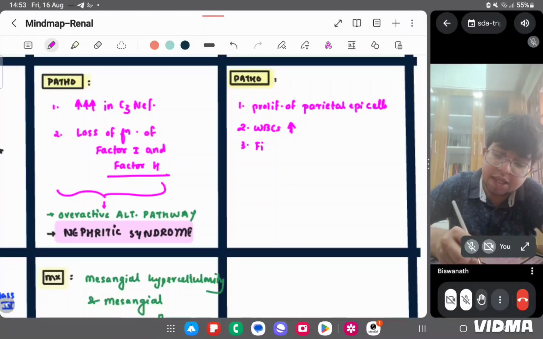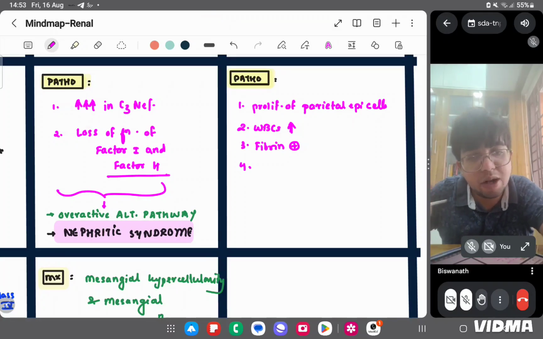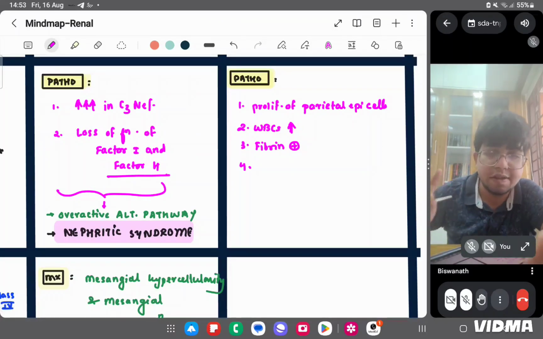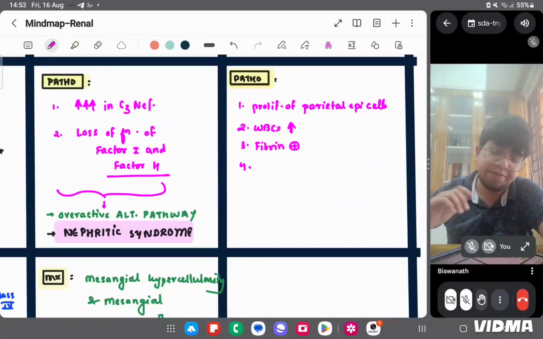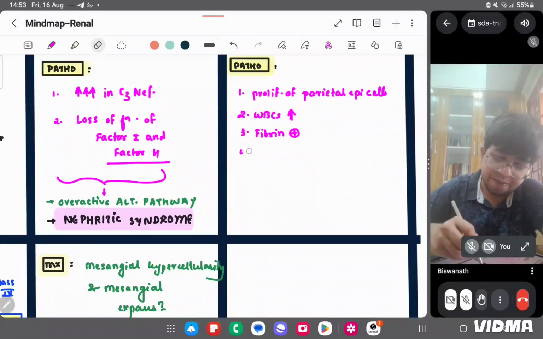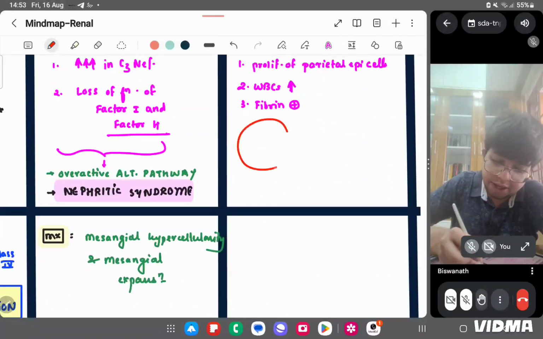Fibrin will be present since a clot is there. Fibrin is present, and visceral epithelial cells will also be seen. Okay, that is about what is occurring. So what happens is that this type of thing,